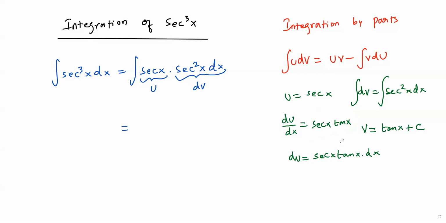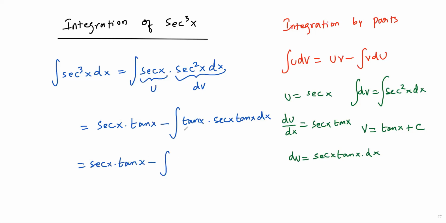Okay, I know everything. Now I can plug into the formula, uv minus integral v du. For u, I plug in secant x. For v, I know tan x, negative integral v du. The v is again tan x, and du is secant x times tan x dx. So secant x times tan x negative, and tan x times tan x will become tan square x